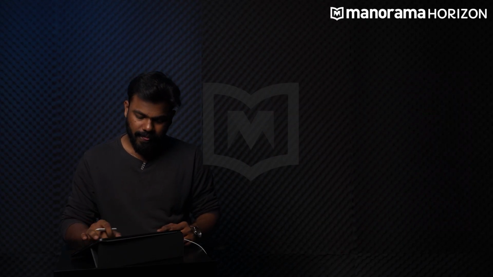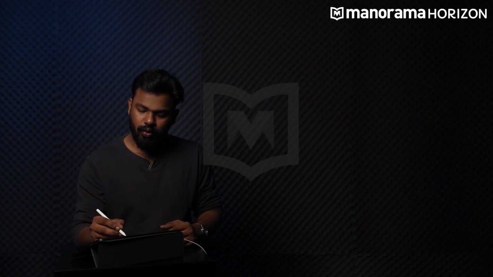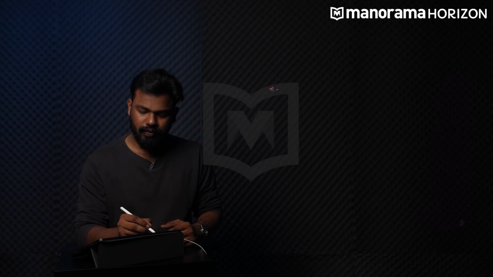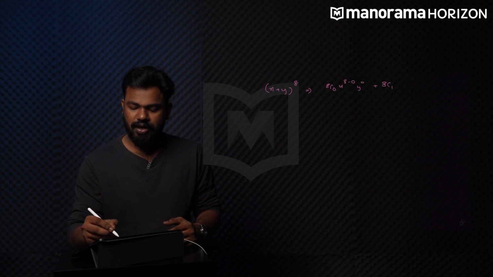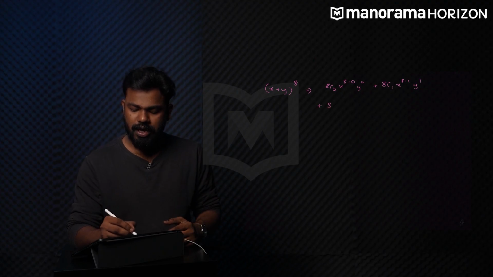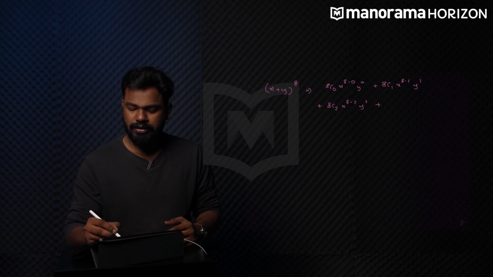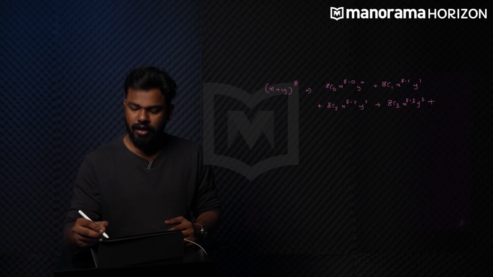Hope you understood that. Now let's just find out what is x plus y the whole raised to 8. What will be x plus y the whole raised to 8 using the formula? It will be 8c0, not a raised to 0, it is x. So x raised to 8 minus 0 y raised to 0 plus 8c1 x raised to 8 minus 1 y raised to 1 plus 8c2 x raised to 8 minus 2 y raised to 2 plus 8c3 x raised to 8 minus 3 y raised to 3 plus